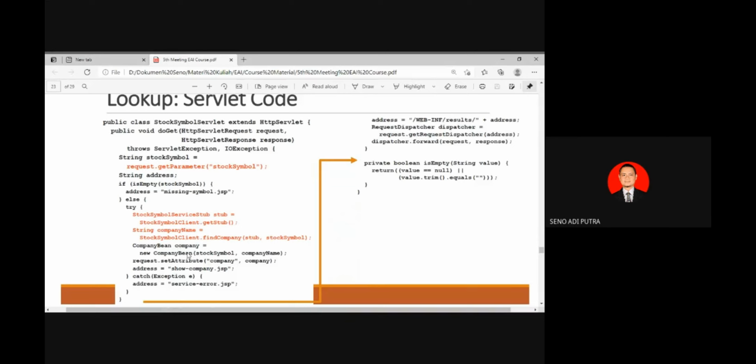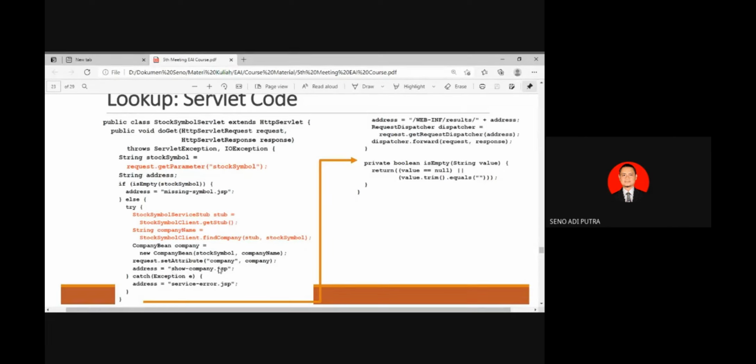And then the result is put in the bean, the company bean. Then you call request.setAttribute company, and redirect to which page will display the company. The address is show company.jsp.